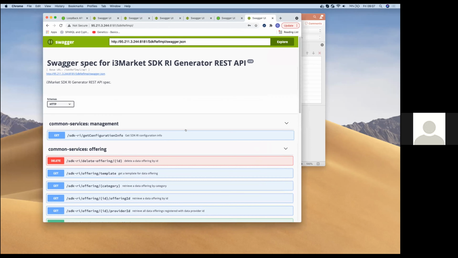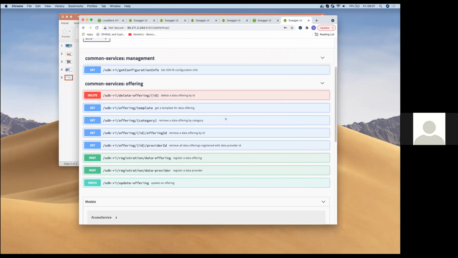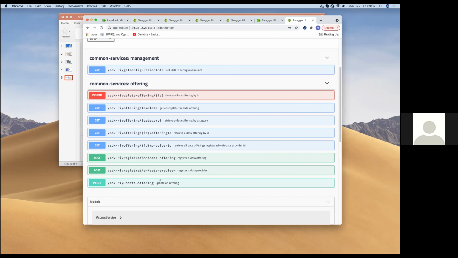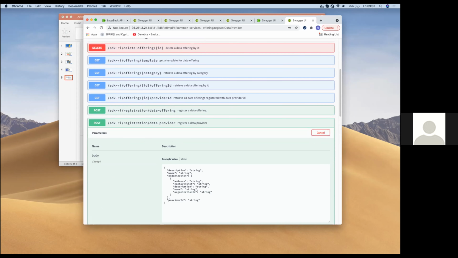Here are some common services that we are exposing through the generated SDK. Here you can see that someone can delete the offering, register the offering, register themselves as a data provider, and search the offering based on the offering ID or the provider ID. If I am a data provider and I have to register myself, what I can do is